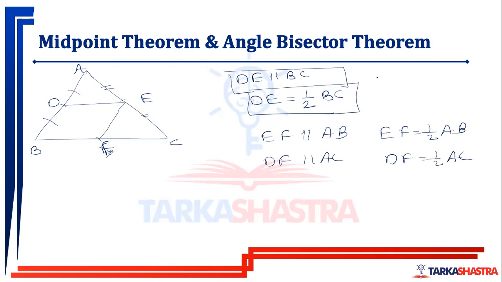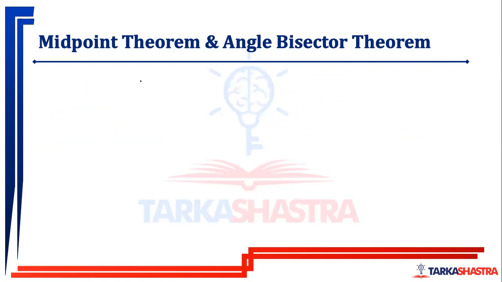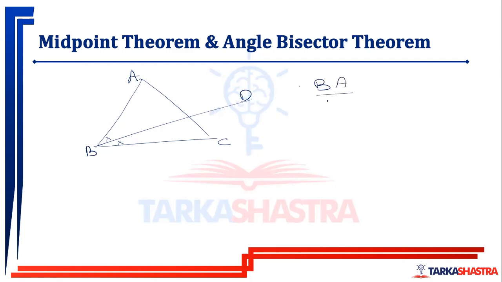Okay, and we have already gone through the angle bisector theorem. I just revise it for you once again, that if I draw a triangle and if I draw an angle bisector for any angle, let us say angle ABC of triangle ABC, the angle bisector is BD. So here the vertex from which angle bisector is drawn, उसके दो sides BA and BC, the ratio is equal to the ratio in which the opposite side is divided, that is AD and DC.